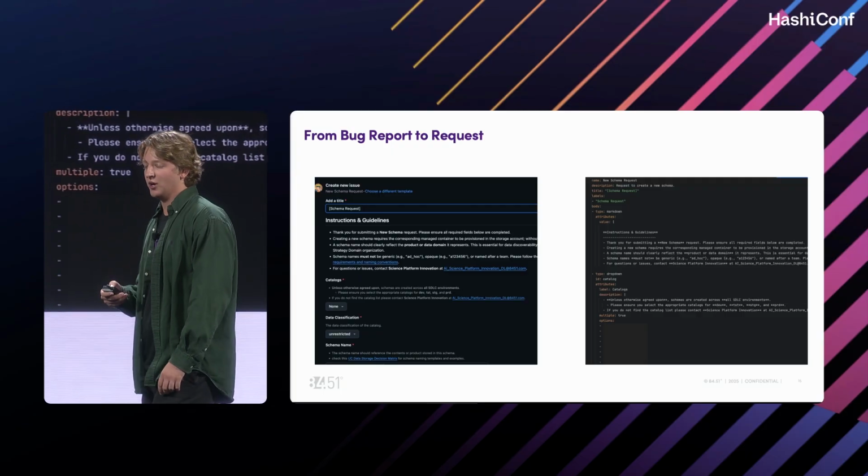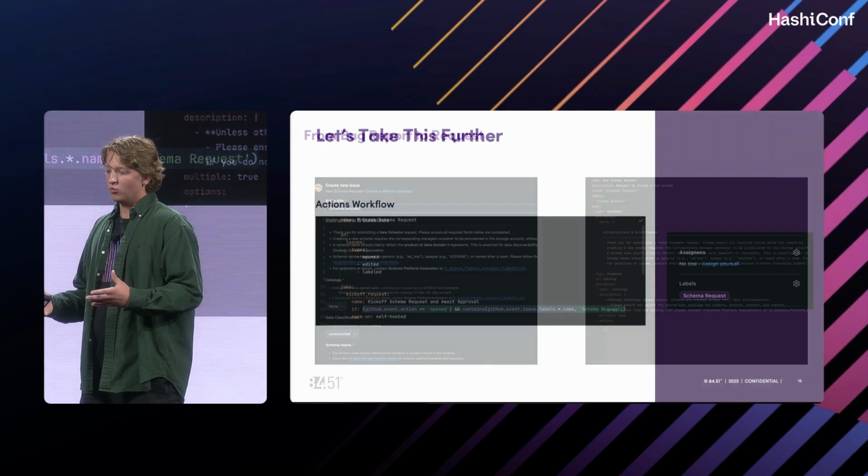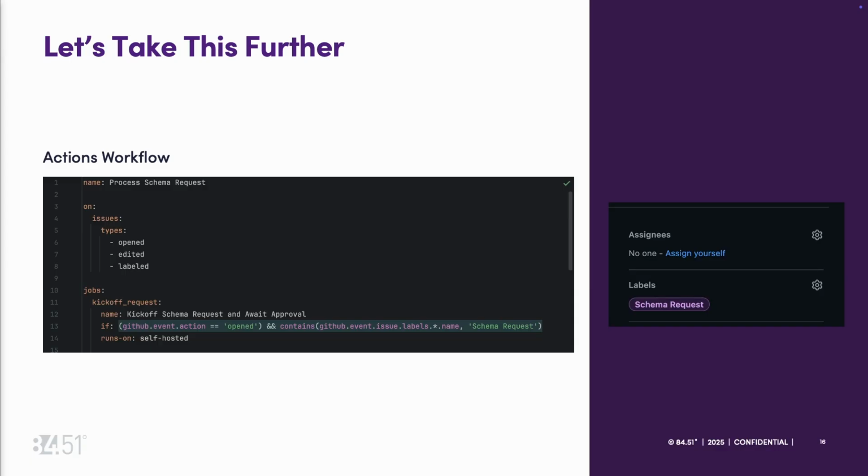Let's take it to step 2. When we submit that form, what's going to happen? Well, this is where Actions comes into play. Actions has a thing called Events where it'll listen to things that happen on your GitHub repository. And here we can have it listen to an issue getting opened, edited, approved, etc. So on my kickoff request, between line 11 and 14, I'm kicking off the first part of my request when my issue template gets opened and it has that schema